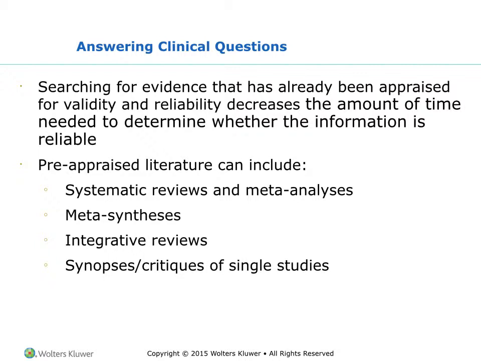And according to the hierarchy of information resources, the best possible literature that you can find to support or answer your question is literature that's been pre-appraised. And that includes systematic reviews, integrative reviews, meta-analyses, metasyntheses, and critiques of single studies. So those are definitely the best possible evidence, and we're going to talk about where you find that kind of evidence. But the caveat is that